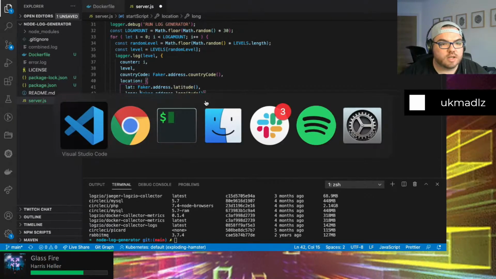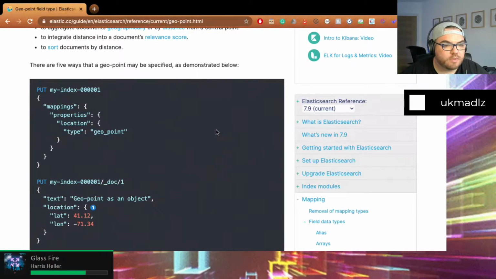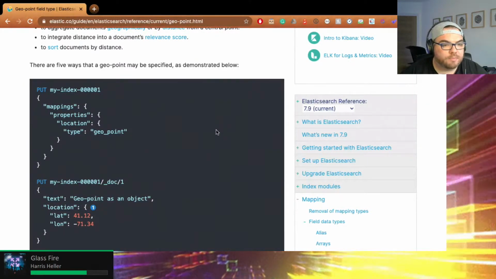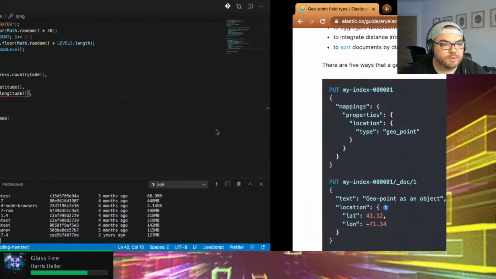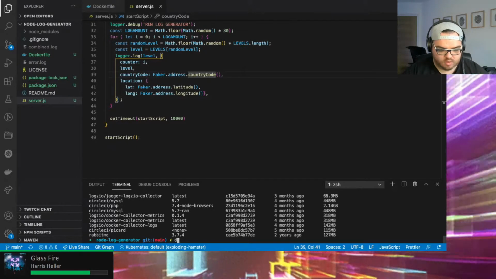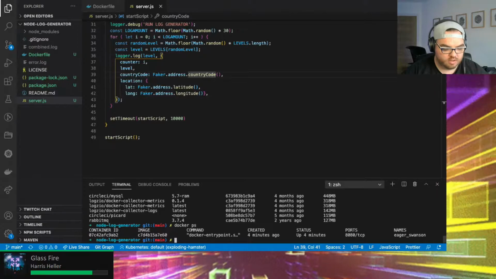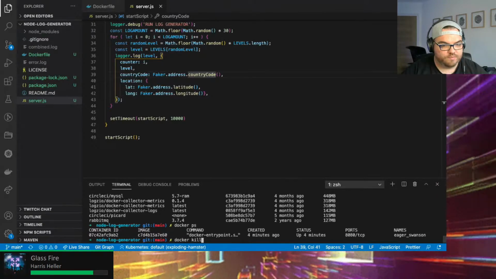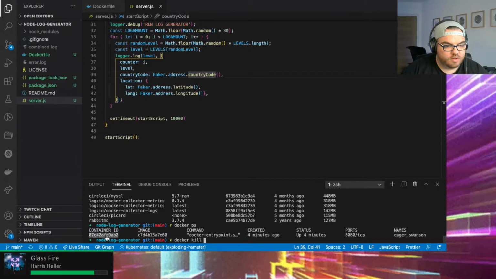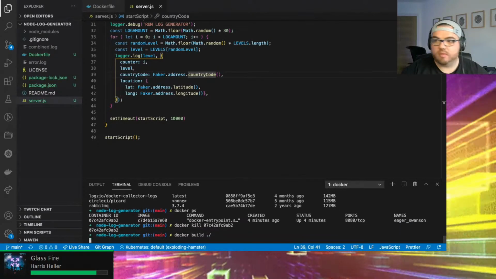Long. Is that how it's displayed? Let's try that. And Docker images. No. Docker PS. Docker kill. Docker build this thing.